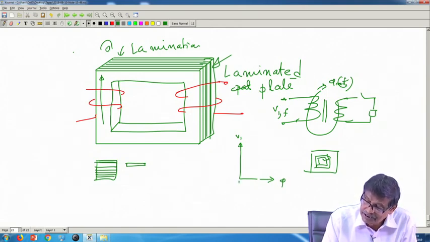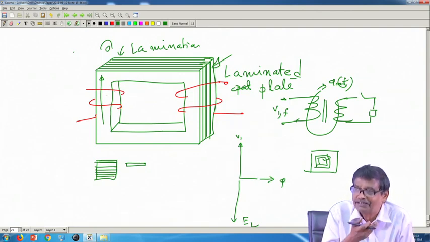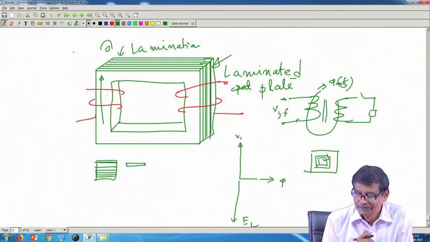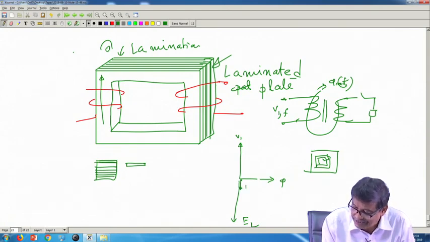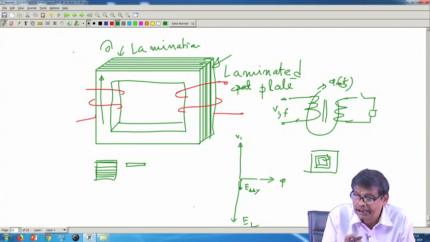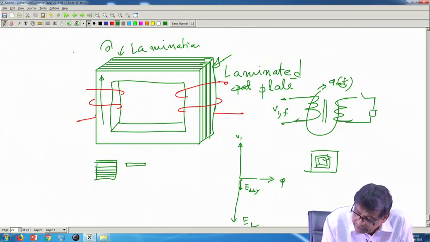There is induced voltage in the secondary too, that is there. But what I am telling is, there are some invisible secondaries already present in the core, and they have induced voltage also in the same direction. Why not? Eddy current path, and I assumed that power factor of that eddy current path to be unity, ignoring leakage inductance. Therefore,